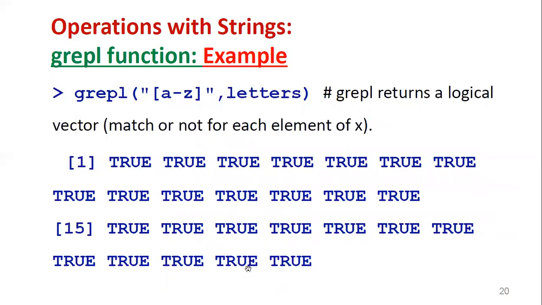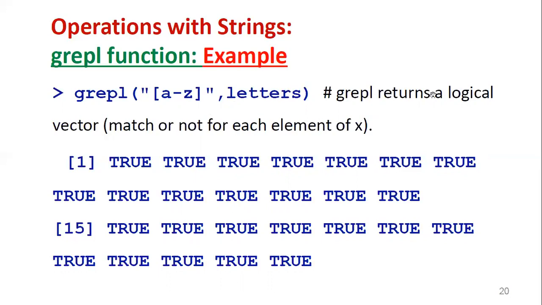Now we'll see the examples. Here, in one example, I'm taking the alphabets a to z with grepl. Within double quotes, we have taken the vector as [a-z], in square brackets, meaning small a to small z, comma. Now the string is letters here. letters is a default system-defined keyword which holds all the alphabets in lowercase, small a to small z.